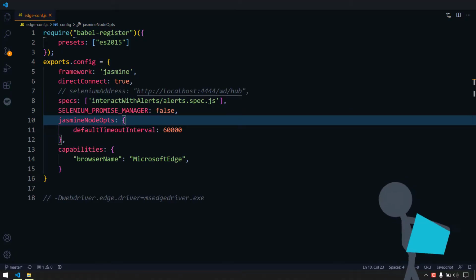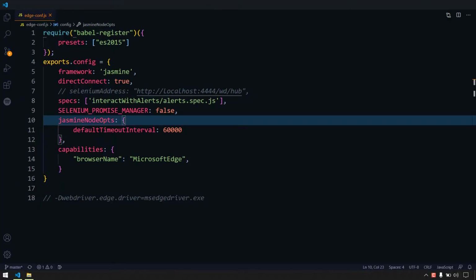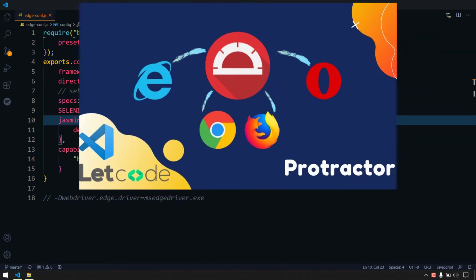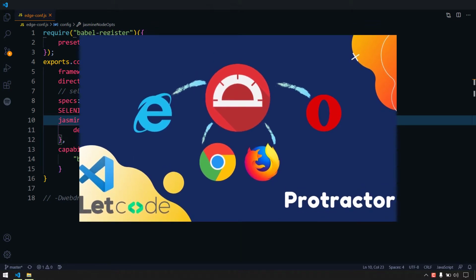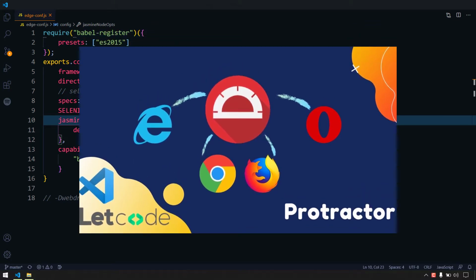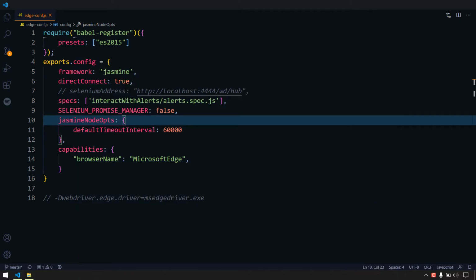In this video, we are going to learn how to run our test script in Microsoft Chromium Edge version. It's going to be very simple. The video is going to be very short. I have already discussed how to run our test script in multiple browsers, or to perform cross-browser testing. I have a detailed video on that using the Selenium Grid concept, so probably you can check that before getting into this. So it's going to be very simple.